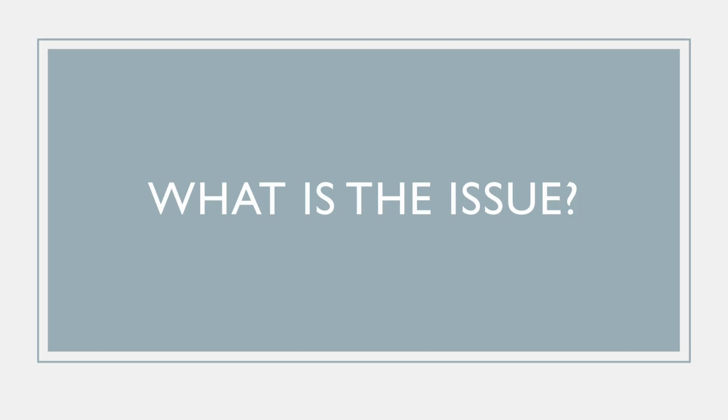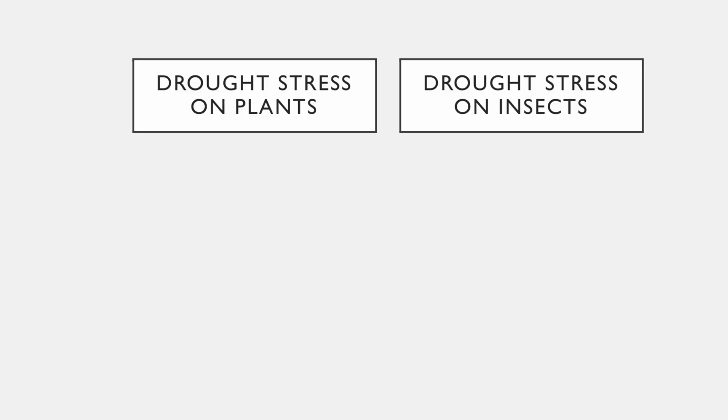So, we of course want to know what the issue is, and it has been shown that in times of drought, plant eating insects overwhelm communities and prey upon plants at a higher rate than average. So, looking at both the drought stress on plants and the drought stress on insects, we want to know how